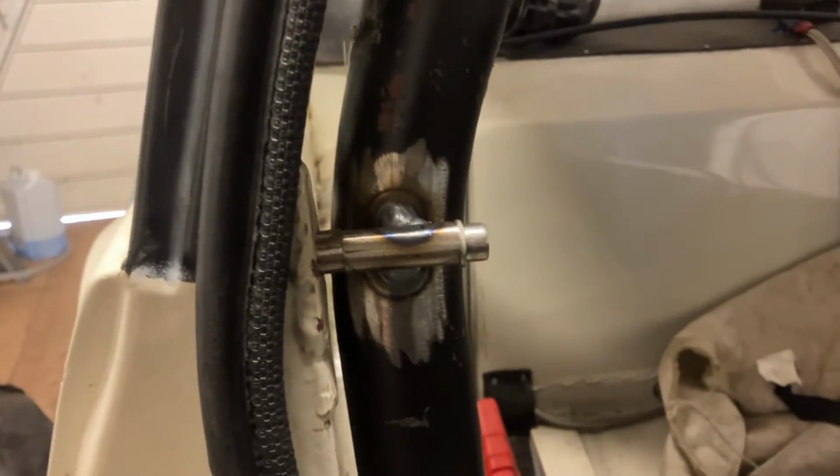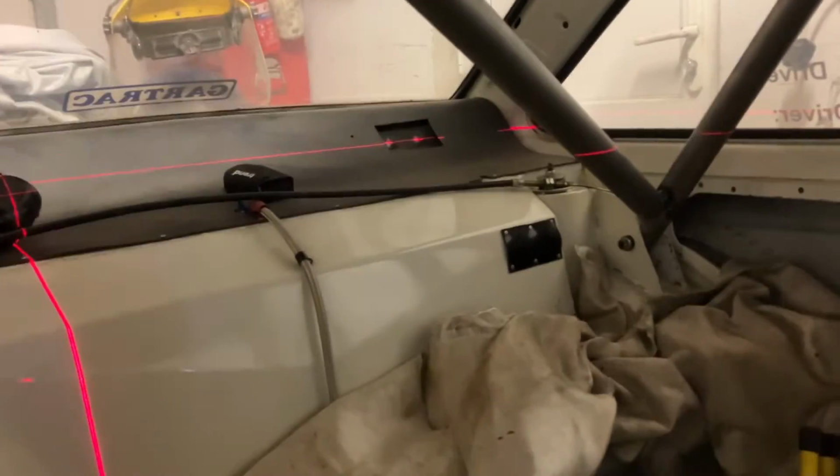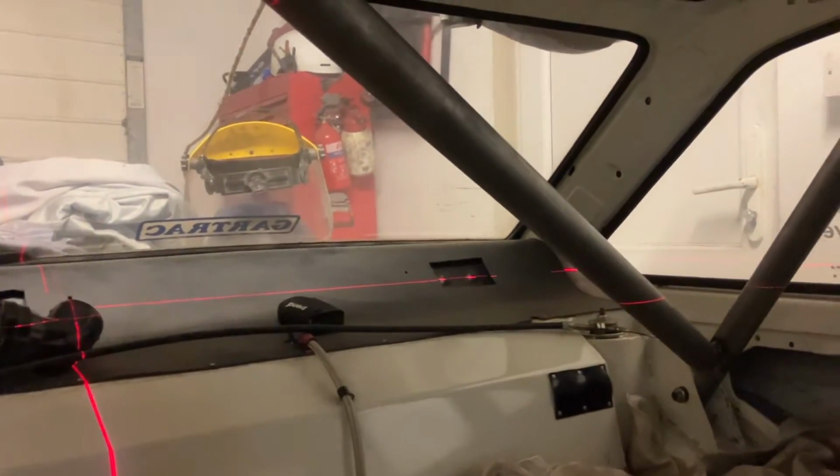It's all tacked now to be held in place. So I've got the laser level, so I'll spark that up. I think that's the line I'm going to use for the harness bar, but I just want to confirm that